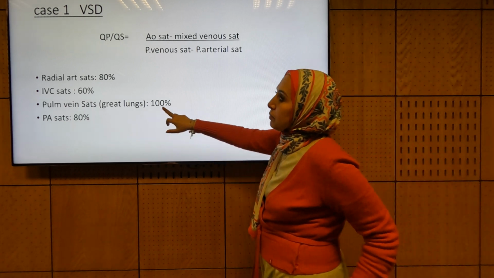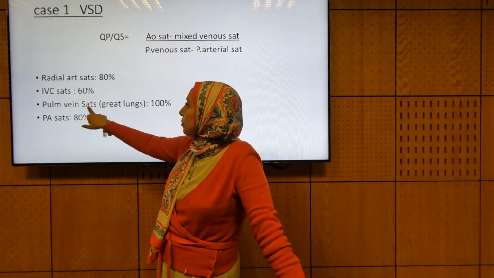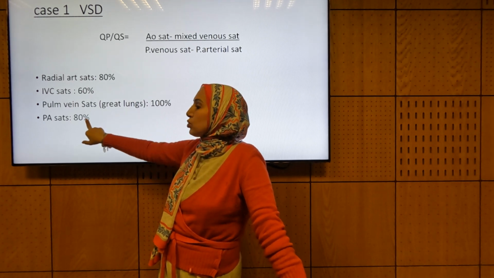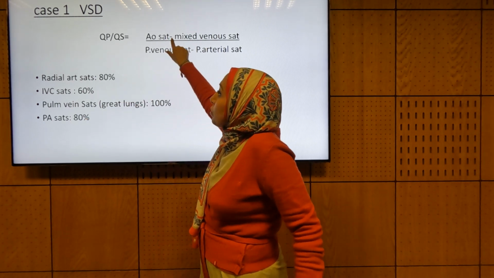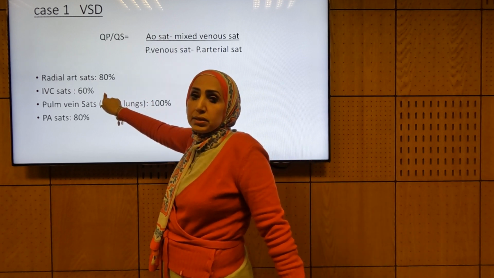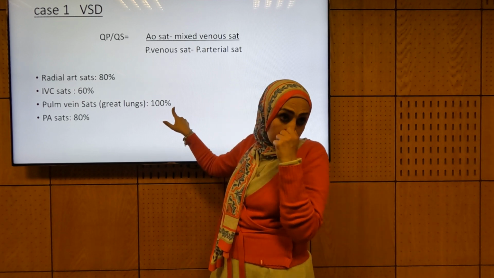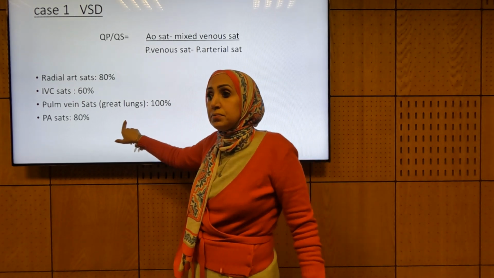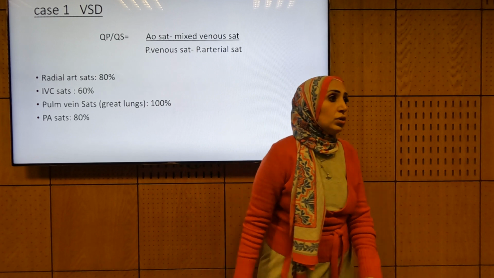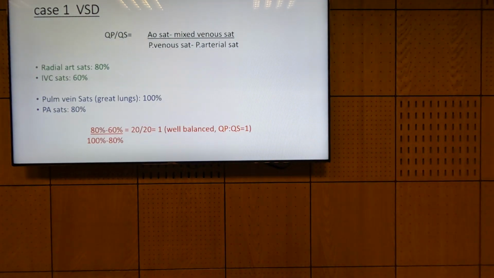So we have here the aorta is 80, inferior vena cava is 60, pulmonary vein is 100, and pulmonary artery is 80. So now the aortic saturation is 80 minus 60 is 20. And here the pulmonary vein is 100 minus 80, so it is 20 by 20, so the QP/QS is 1,